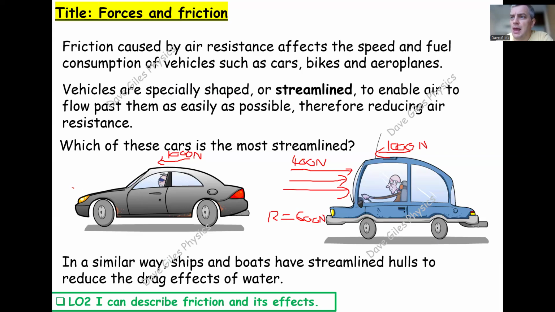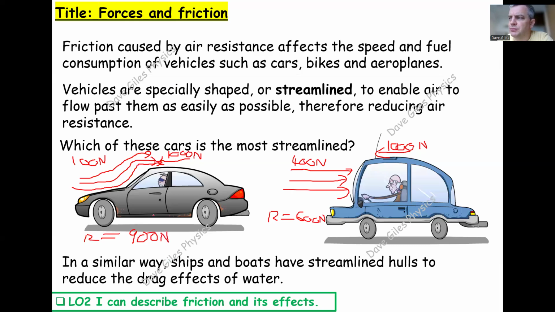Here, air hits it and it's streamlined, so the air flows over it. Now it's still going to cause some resistance, but let's say it's 100 newtons instead. Again, making these figures up. So now the resultant is 1,000 minus 100, which is 900